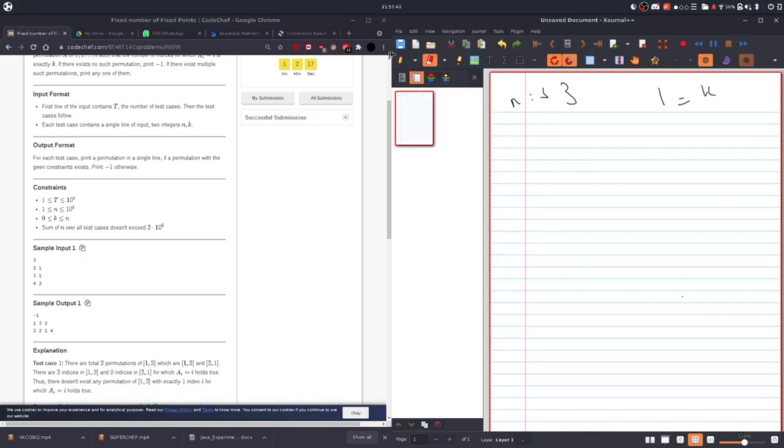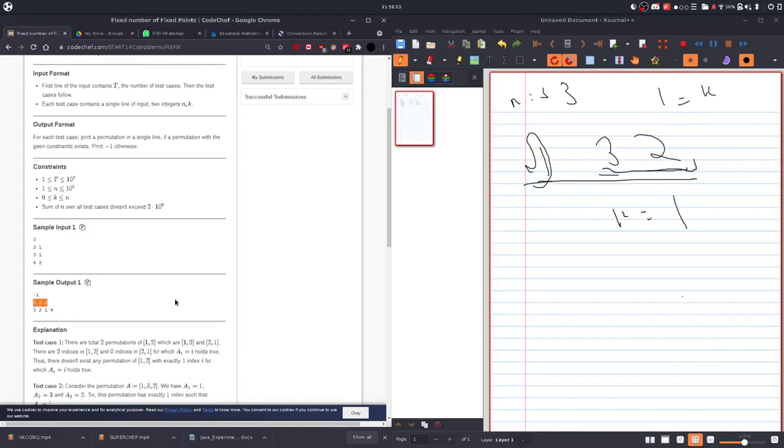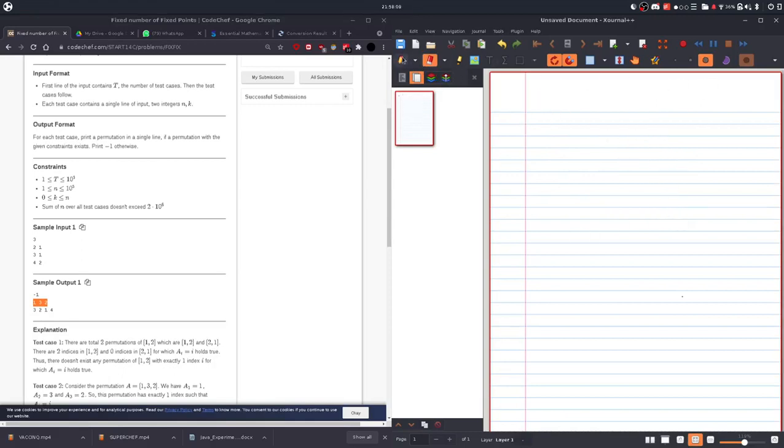We can take a permutation which is 3 2 1. Now again it's wrong, but we can take something like 1 at its own place, and then 3 and 2. So if you see now, a[1] is equal to 1 and the others are not at all equal to their positions. K is getting equal to 1, and the other values are not matching, so k will be 1, and we can directly print the number which is nothing but 1 3 2.